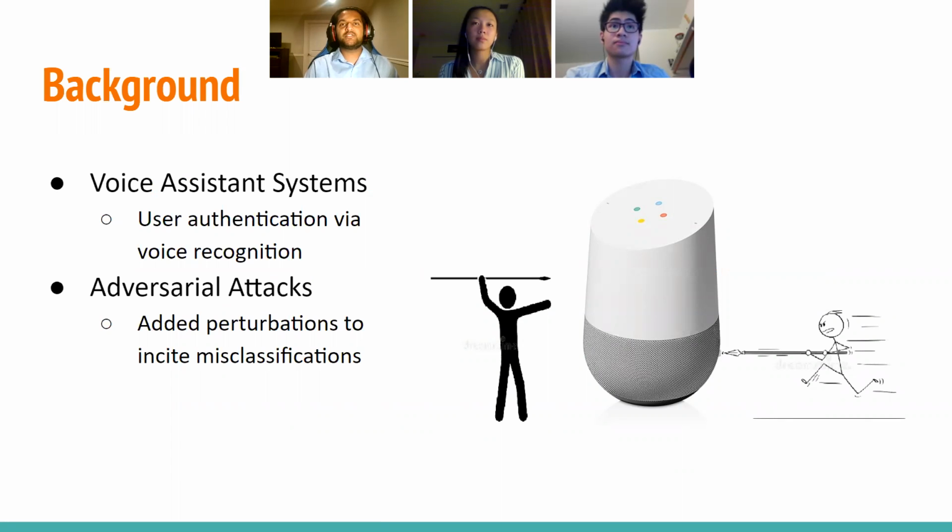So a little background on this project. This project aims to use adversarial machine learning techniques to attack voice assistant systems such as Google Home and Alexa. These devices are very commonly used nowadays. They can tell you the time, weather, control the lights, and a lot more. Basically, they hear your voice using microphones and understand what you said using machine learning techniques and answer your requests. We will try to attack these devices by adding a small perturbation to your voice.